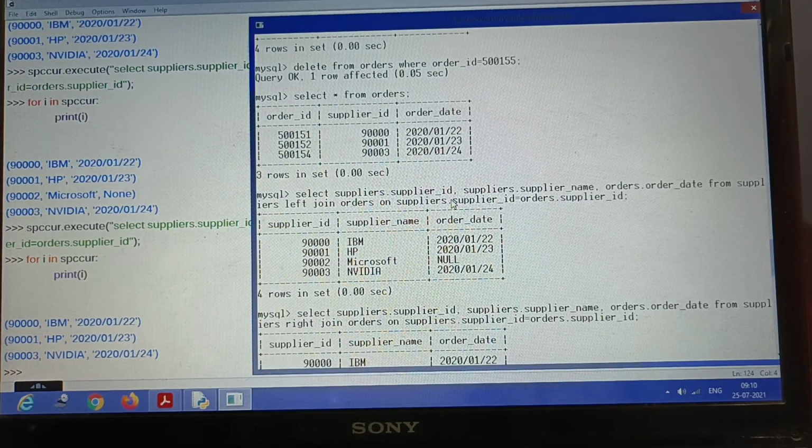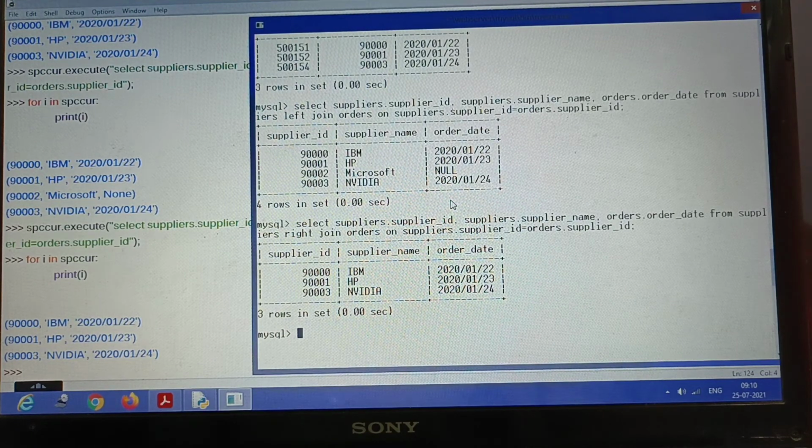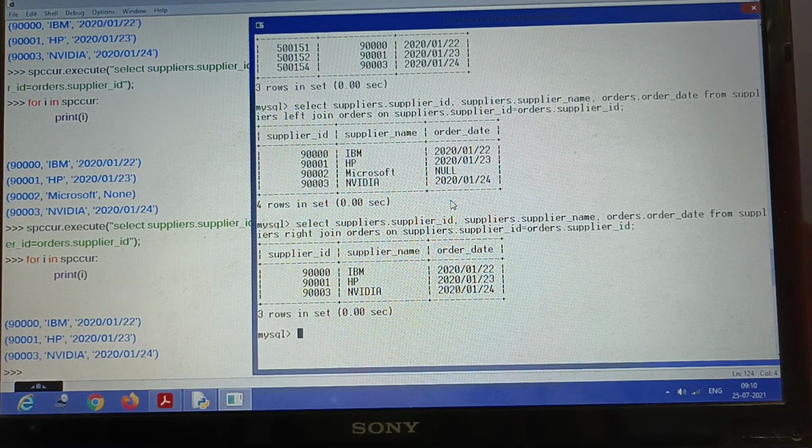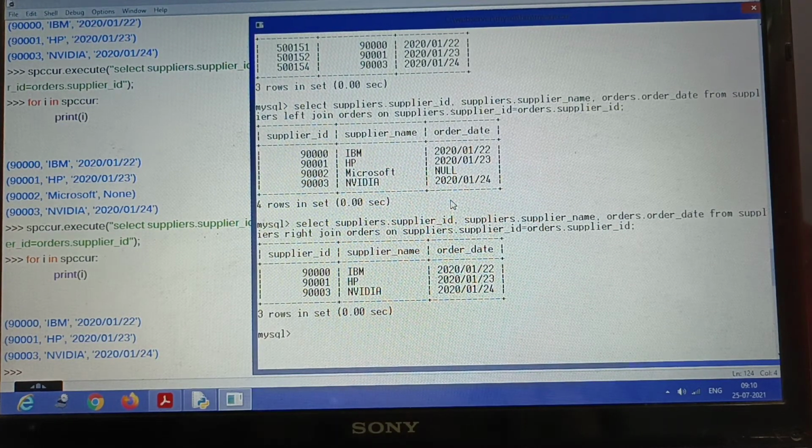Okay, now what I need to do here is add one record, isn't it? I want to add one record, and I will add that record in Python. That means I will be adding one record in Python in the orders table, and I will give that command again. So let's see how it works.